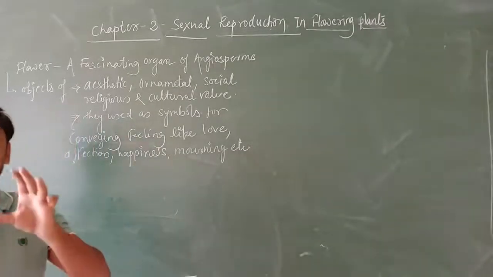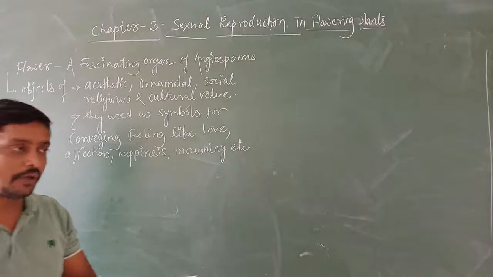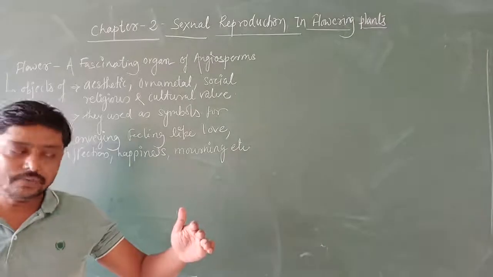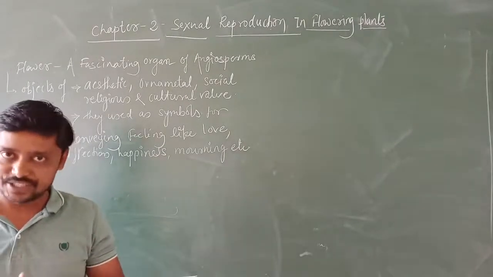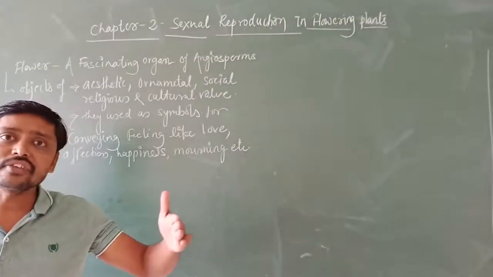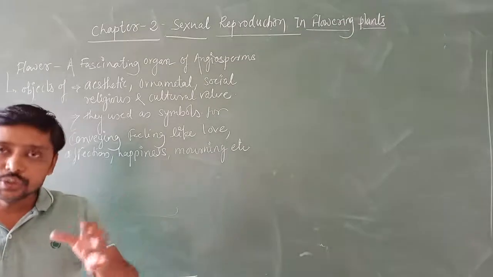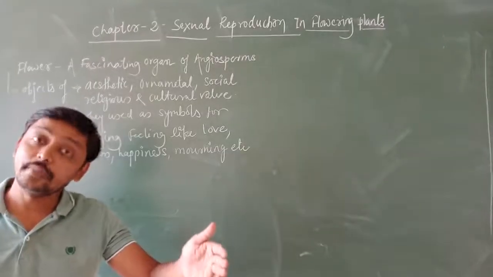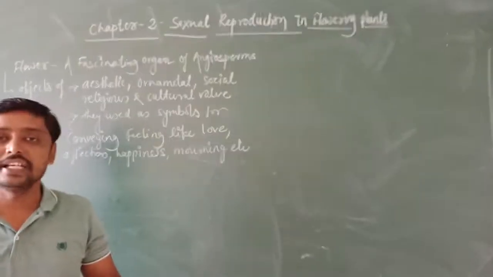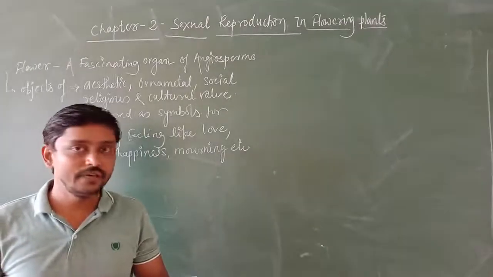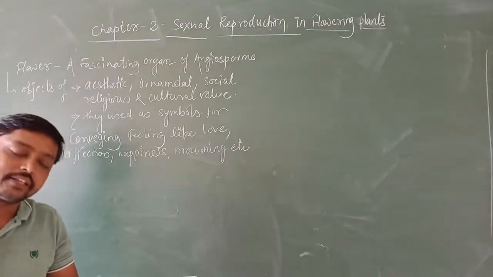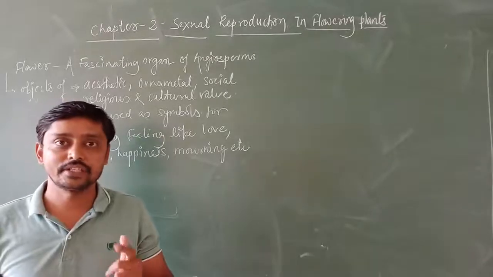So these are the things we studied, and the main important thing is the different events in sexual reproduction. What are those events? Pre-fertilization event, fertilization, and post-fertilization. Understood? In pre-fertilization events, we study gametogenesis and gamete transfer. Fertilization is the union of male and female gametes to form a diploid zygote. Then afterwards, we study the post-fertilization events: the kinds of zygotes and then embryogenesis, the formation of the embryo